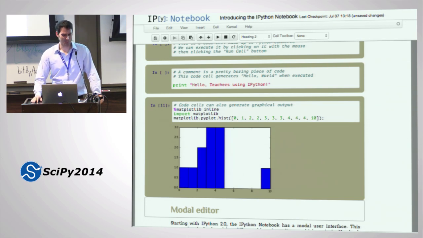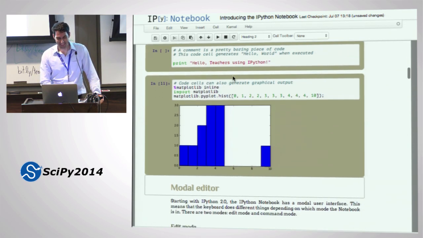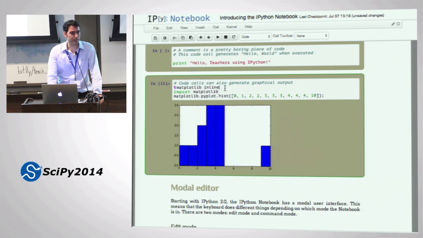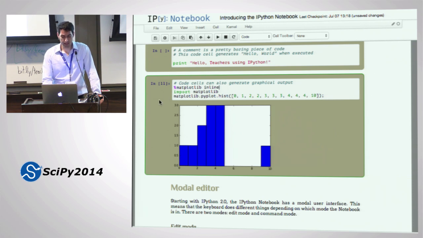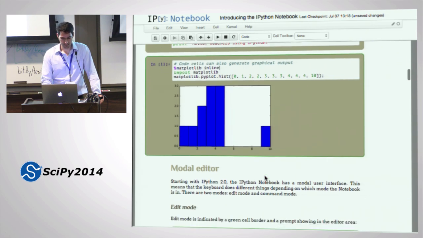I could swear it was blue. Okay. I'm going to unpack what these three commands are in a little bit, but this is just to show that a code cell can output visual output besides just the text. It can output images, and it can output JavaScript and other wild and amazing things.